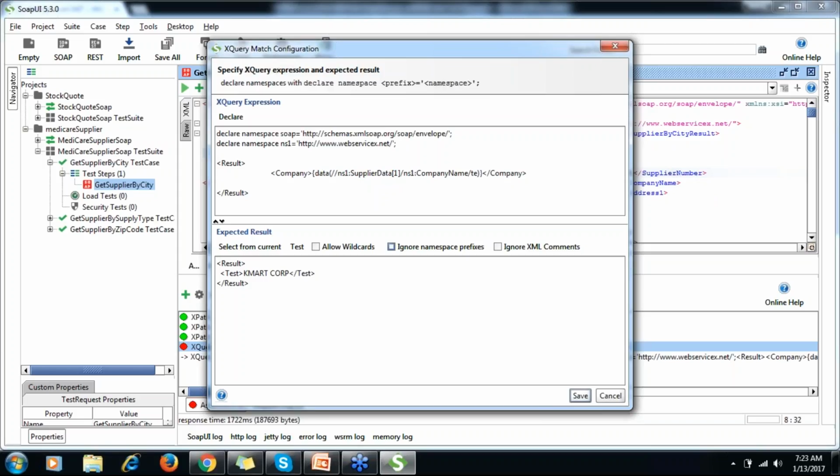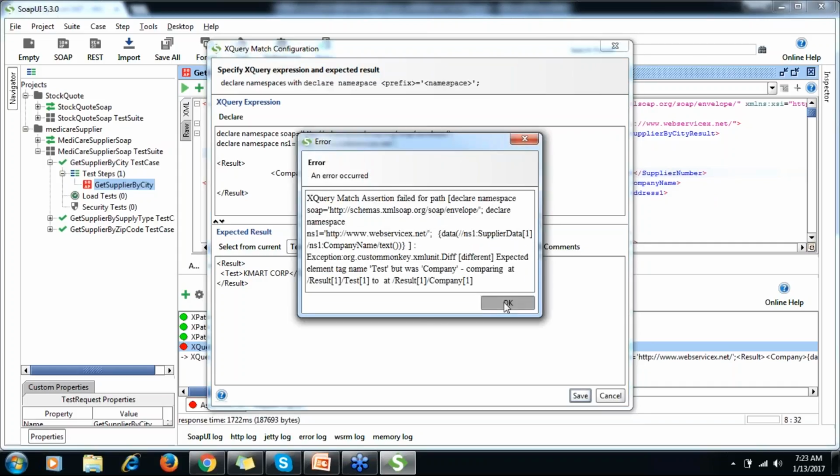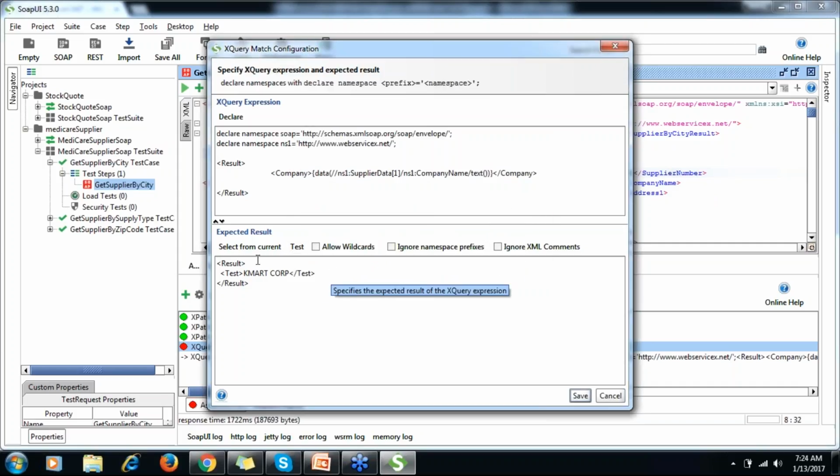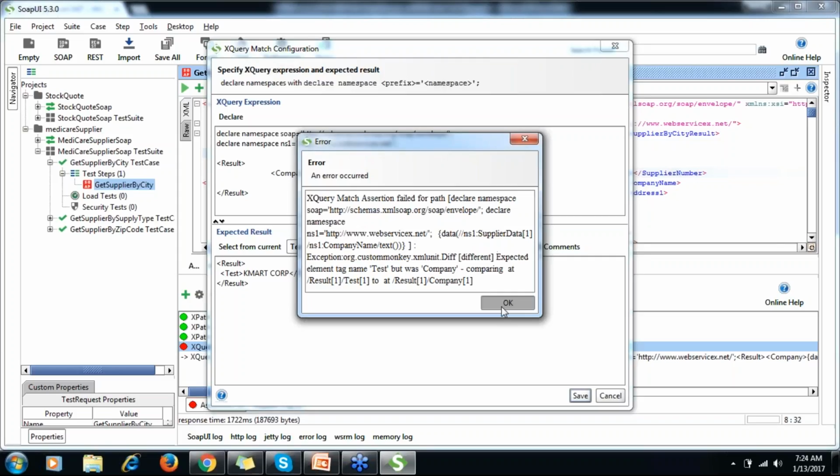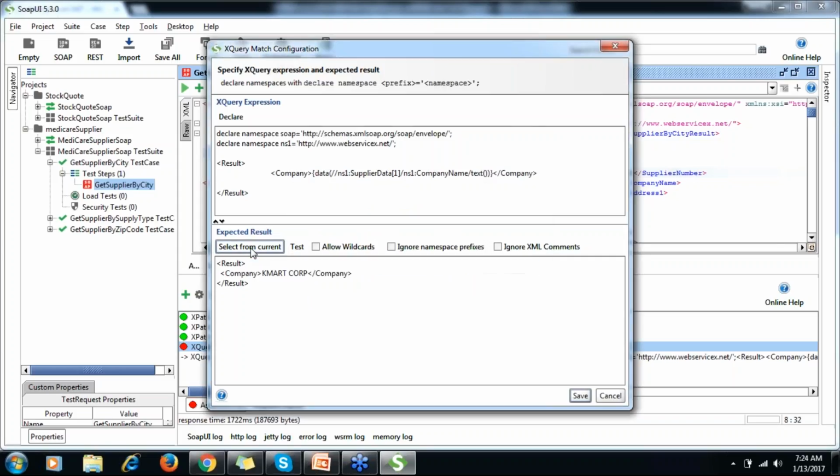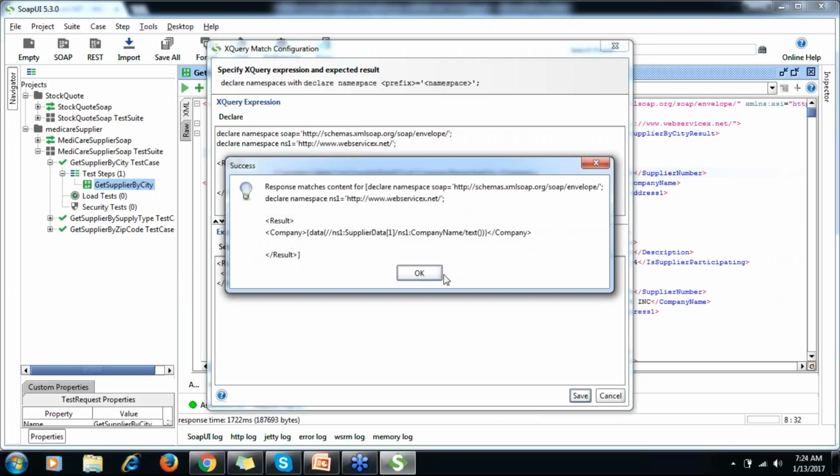In XPath, for those who know XPath, there is a method called test, and you can verify your XPath format using this test. In some cases you will get the result, but your XPath might not be in the correct form. Now it's correct.